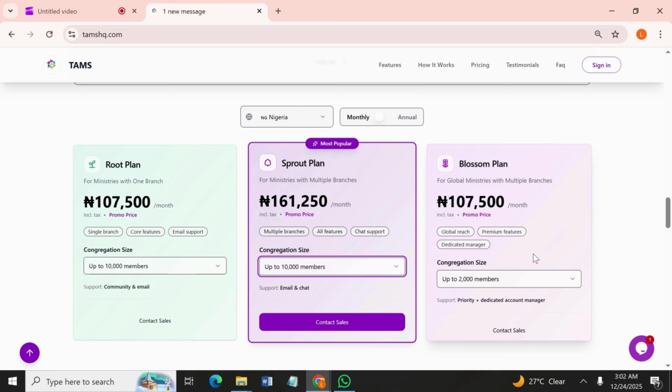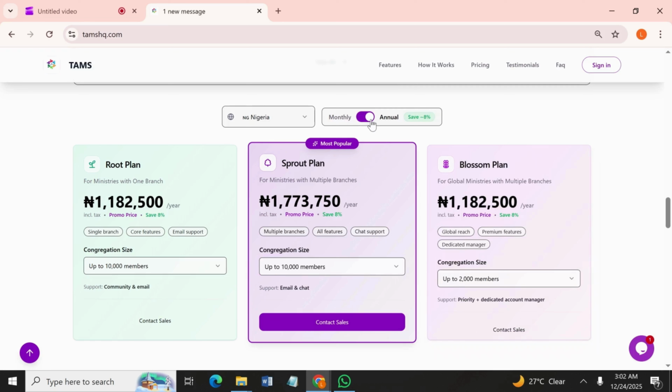You can always toggle here, per month and annually, to see how much you get for the annual plan. I'd like to say that you save 8% on our annual plan, which is 1 month free. You only pay for 11 months.